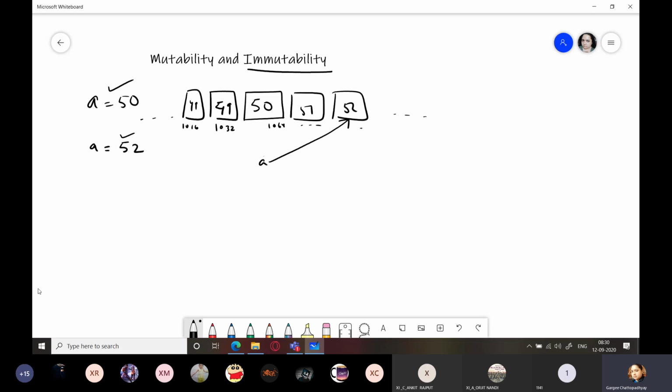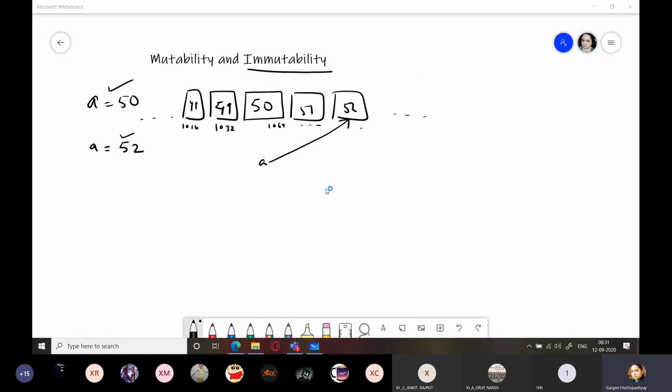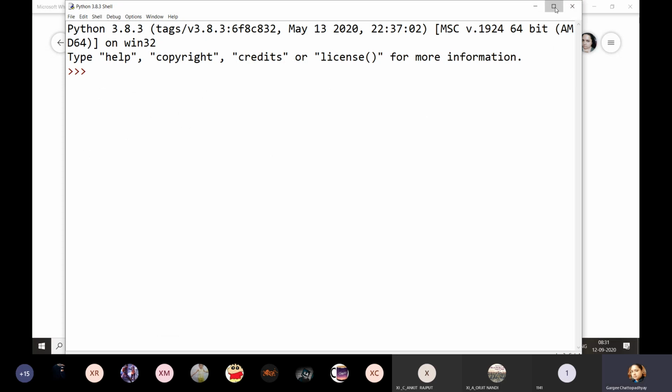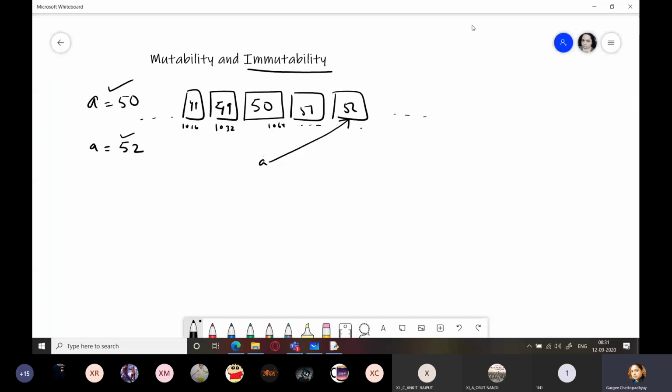To show this, I'm going to run one line of code in the interactive mode. Okay, so we are here and I'm going to write A equals 50, and we have a function in Python named ID. This ID function will give you the memory address where the value is stored.